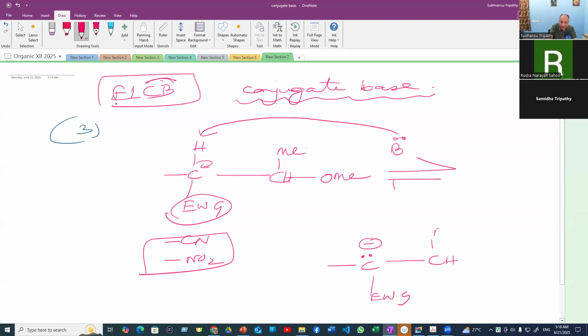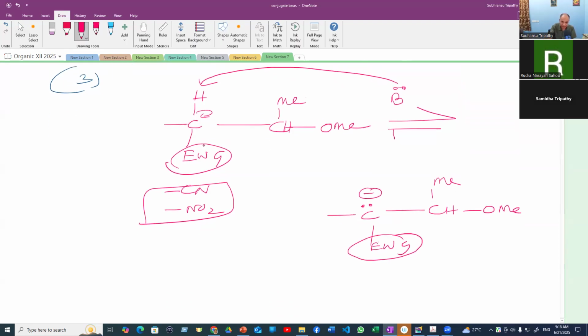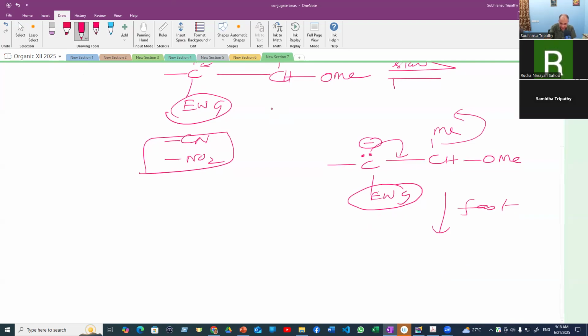And the one elimination which was impossible had there been no EWG, now the mechanism runs with a different route. Carbanion is formed first. Since carbanions are stronger bases than alkoxide ions, in that case, in the next step, which is fast, this is slow. This is the slow step. Hence, it is first order. Then this is fast. Then this comes here and this goes. And we get